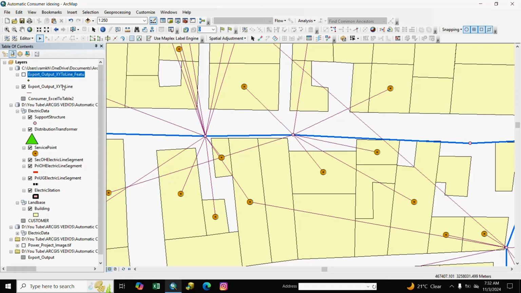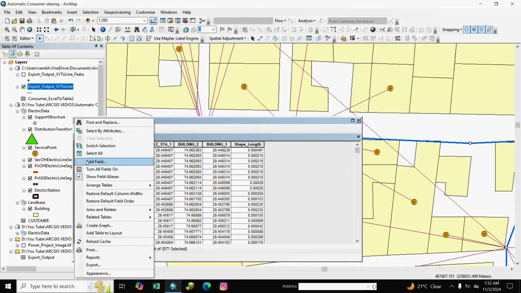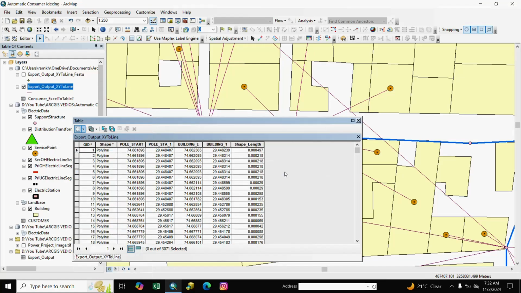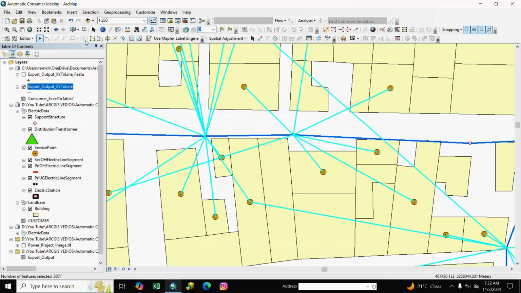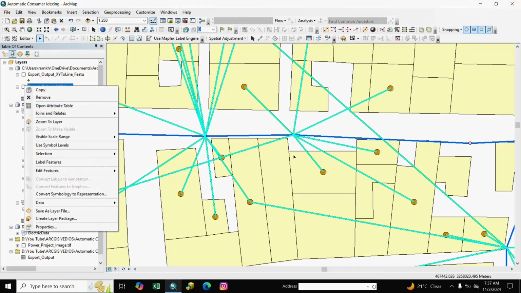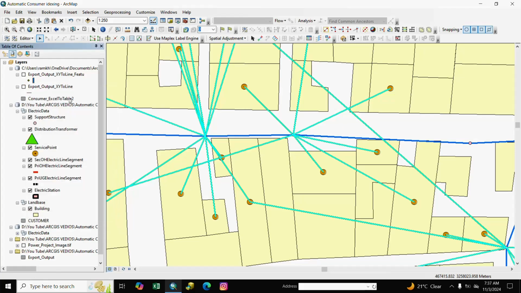And we also copy the line, service line, and paste. We select, copy and paste. Here is the service line. Paste, then select.